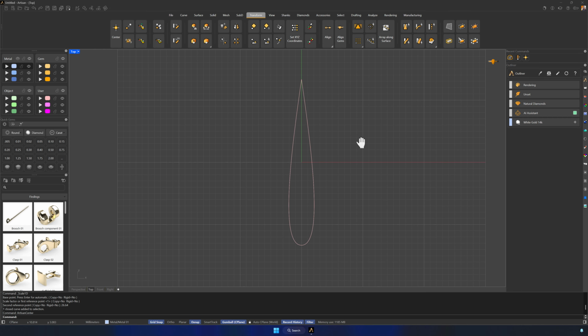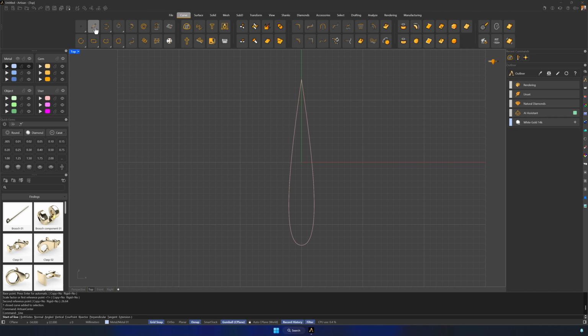Next, go back to the Curve tab and use the Line command. Type 0 to set the first point of the line. Then type 7.43, and while holding Shift, click on the right side to create a horizontal line that will serve as a reference. Using the gumball, move the curve vertically until it is approximately at the widest part of the